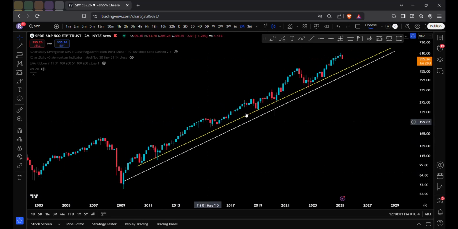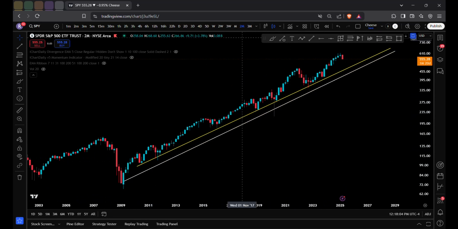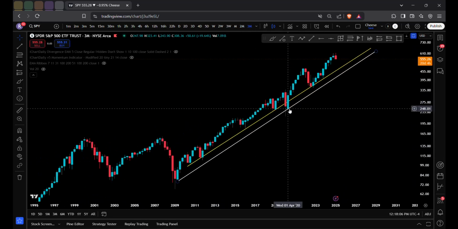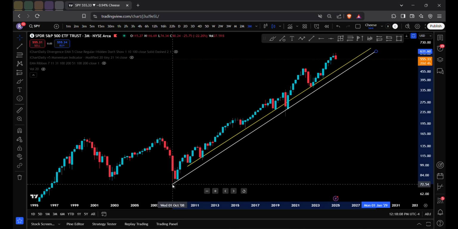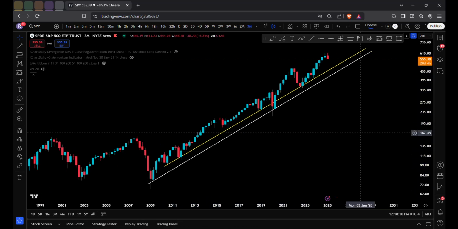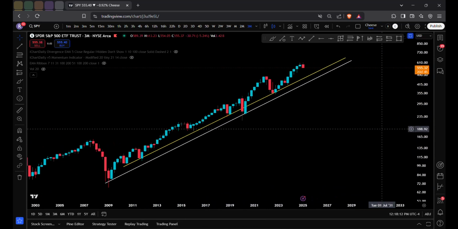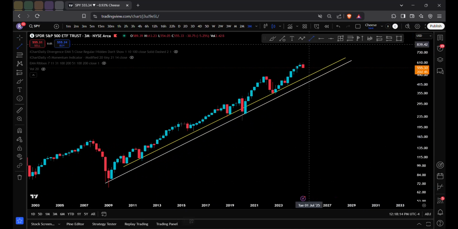So you could see how it didn't line up here. This was a wick, this was a candle. On the 3-month, candles line up, wicks go below. So what this shows me is there's two levels. There are definitely two levels.